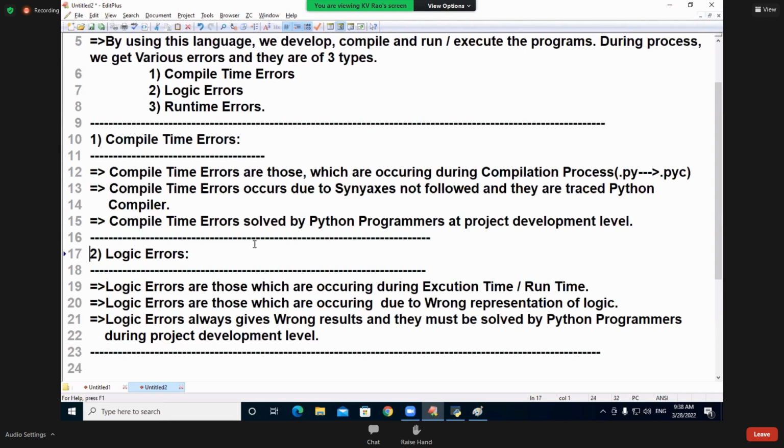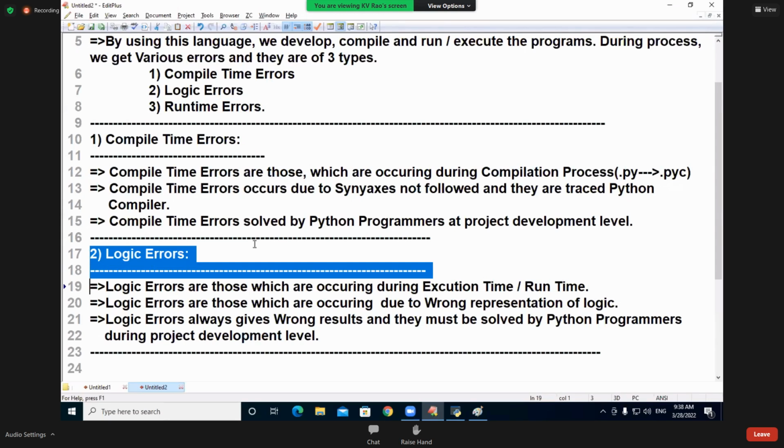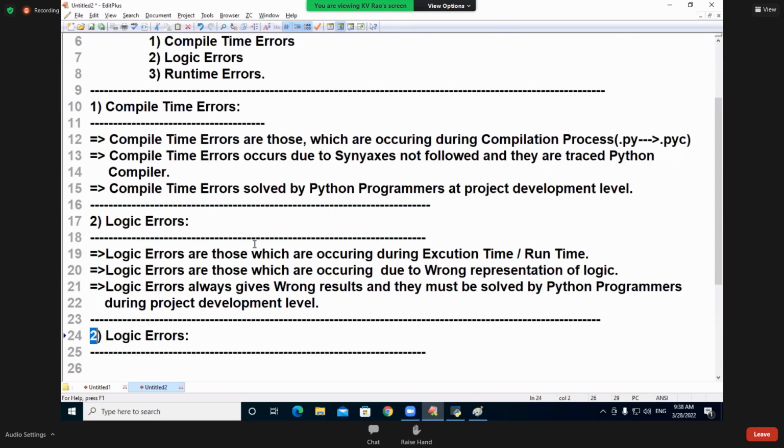Now we are entering the next level of explanation: runtime errors. Look at these points, students; if you understand, you are going to become very good in the area of programming.